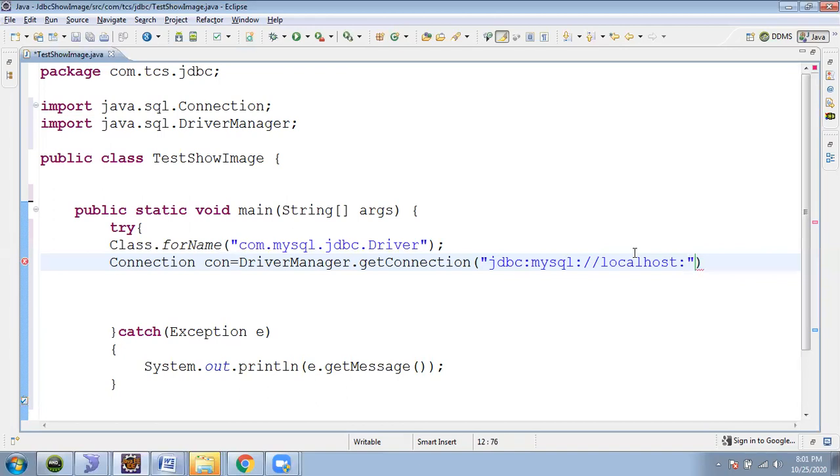This is the port number. Localhost is your IP name, wherever your server is installed. In my case, my machine itself has the MySQL server, and that is why I've written the IP name, called localhost.